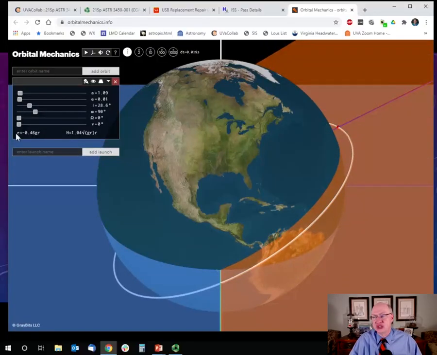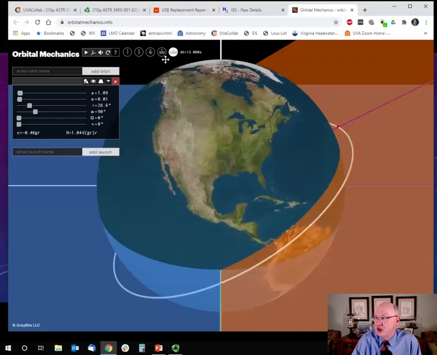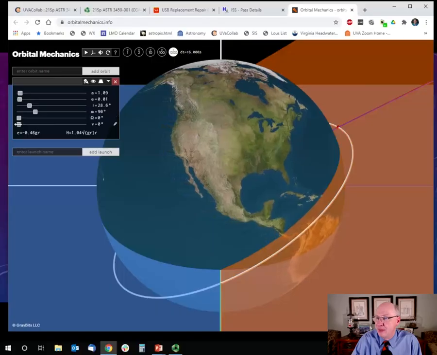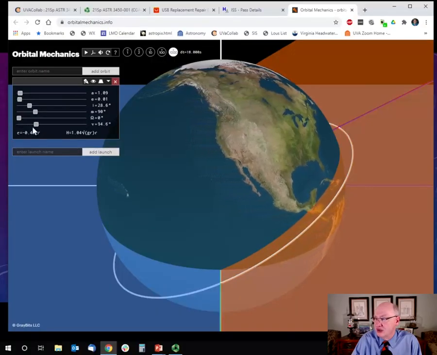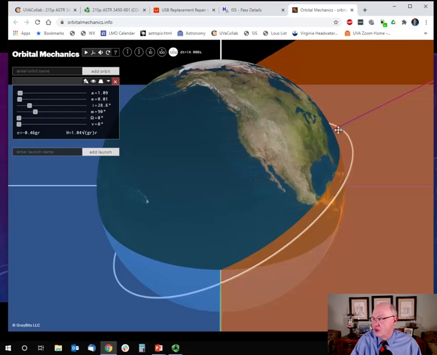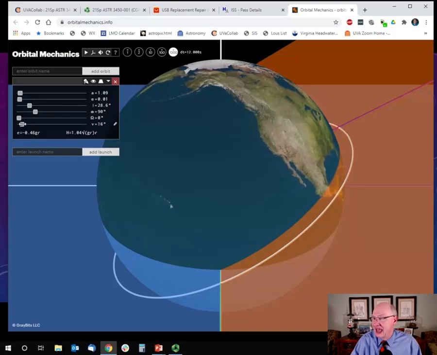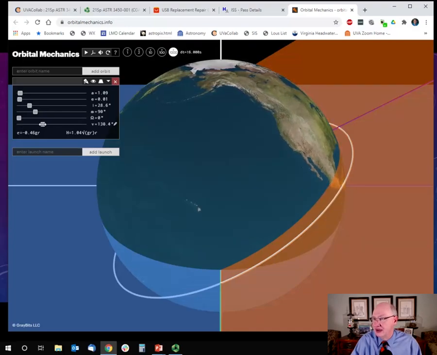So that's the orientation of the Hubble Space Telescope right there. That's the orbit that Hubble is in. If I speed up the Earth right here, you will see Hubble orbit around the Earth. As I change the true anomaly, you can see that little red dot over here, that represents the satellite, and then at a true anomaly of 180 degrees,